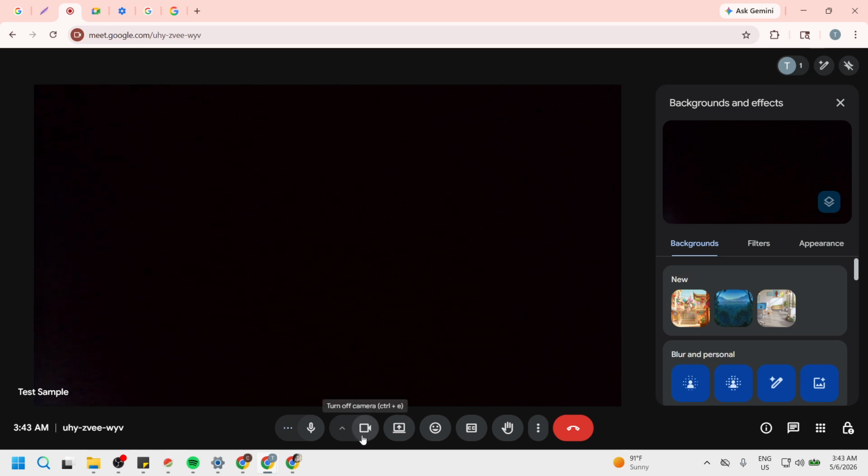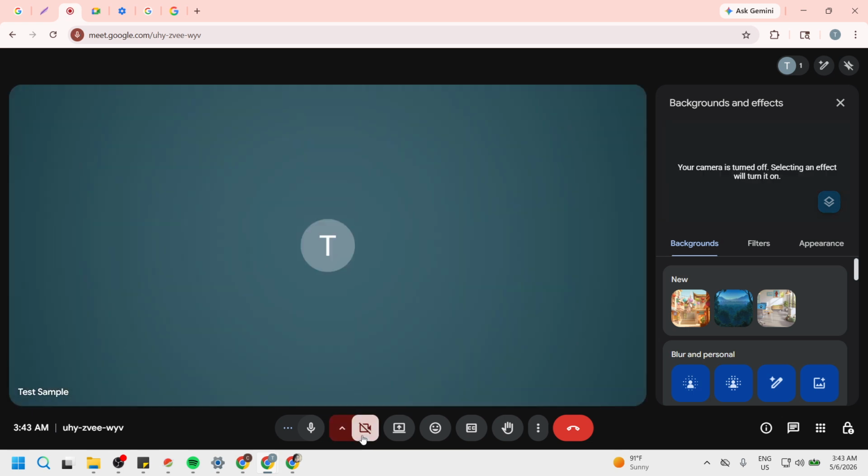That's it. By enabling hardware acceleration, relaunching your browser, and resetting your background and effects, you'll resolve the most common causes of Google Meet